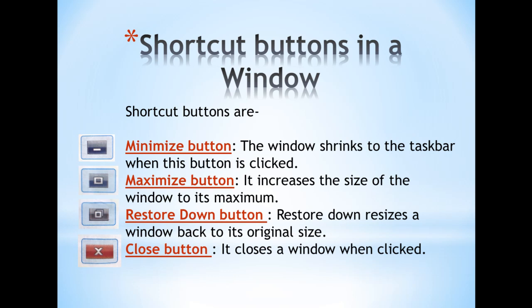Now you maximize the window, but you want to bring it back to its original size. Then you have to press the restore down button. So the window will resize back to its original size. Fourth one is the close button. We can close our window by clicking on this button.